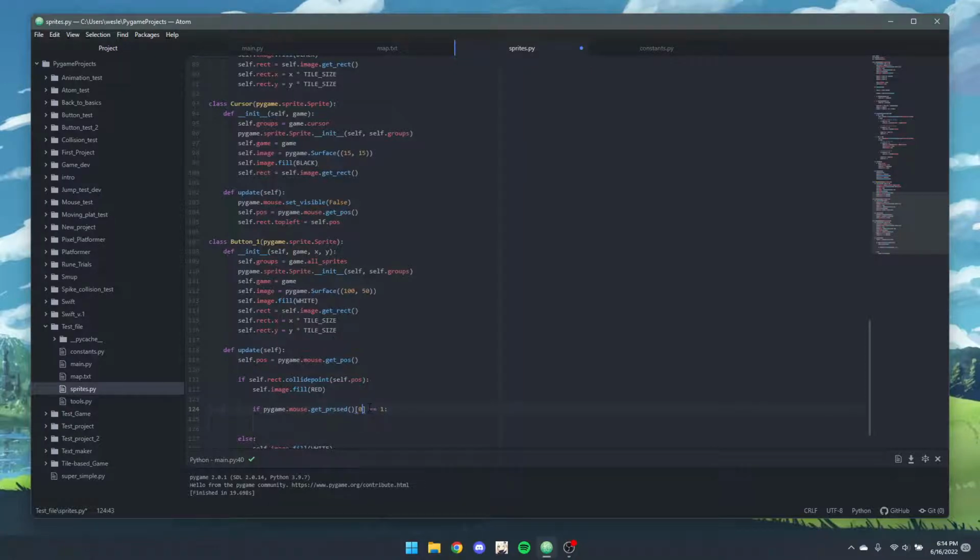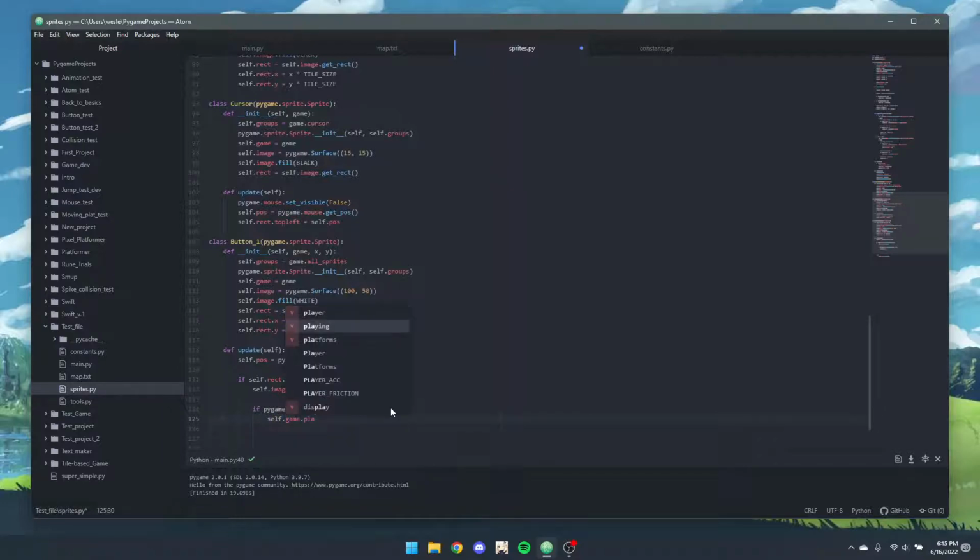I think 1 is a middle or scroll wheel click, and then 2 is a right click, I believe. So if your mouse is colliding with the button, it'll change colors. And then furthermore, if you left click, then you can say something like